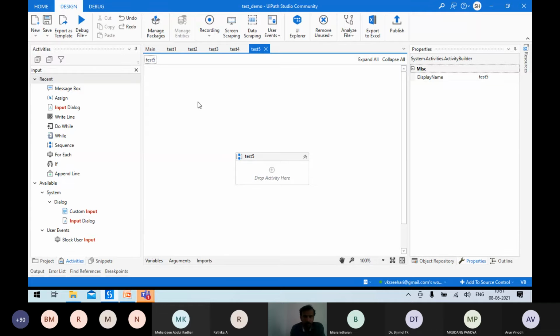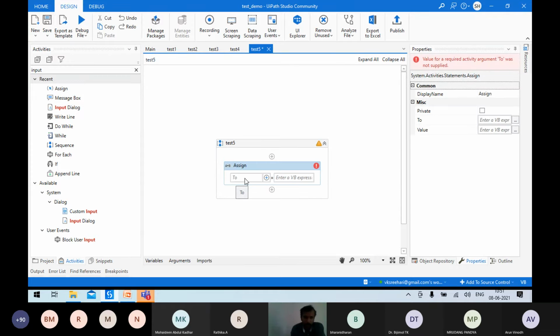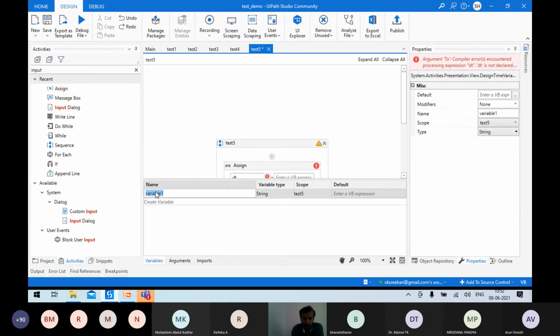So what is our job? We are going to display the current date and time. So we have to assign a variable for it. I'm assigning a variable like DateTime dt. I haven't created the variable, so what I'll do is first create a variable named dt. We are going to create a variable which is going to show the date and the time.